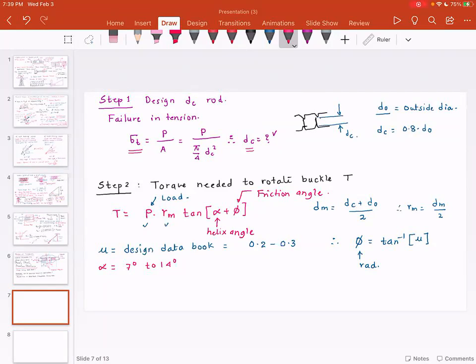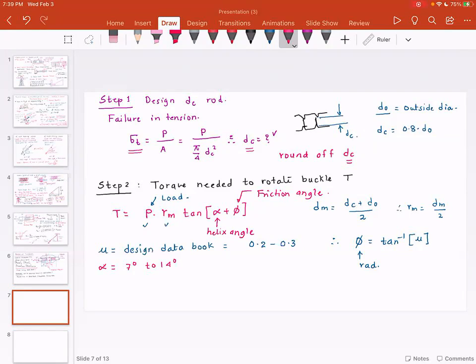So before you go further, you will have to round this off. So this will be rounded. So round of DC. And what that means is the actual stress will be less than the design stress in